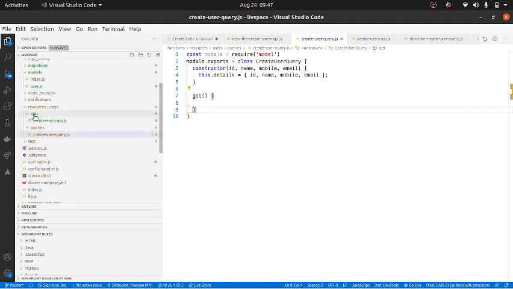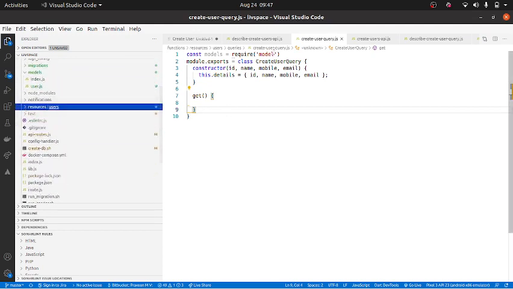I'm a little confused right now. How do you guys require the model here? Require models.